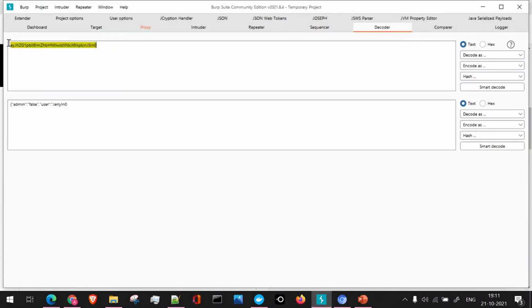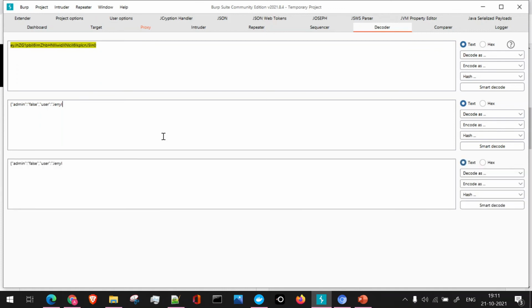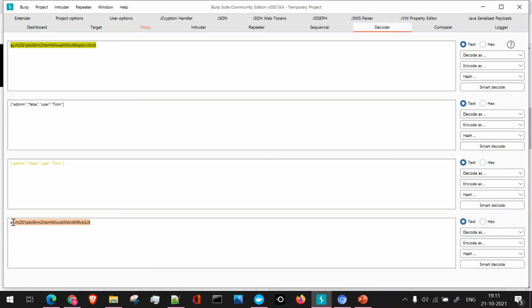I'll copy this here, and here obviously we can just give our double quotes and then the curly braces. And here we need to use the user Tom.